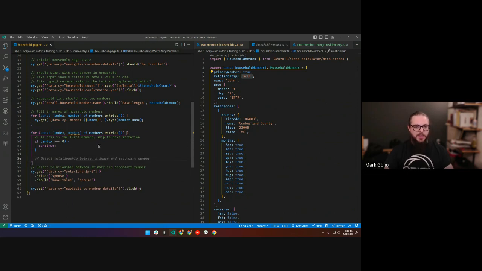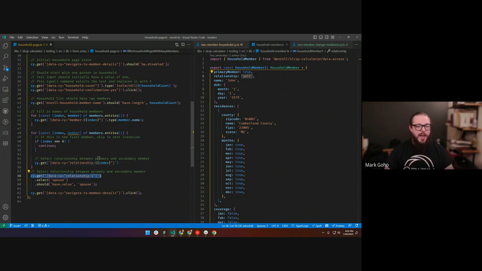Otherwise, select the relationship between the primary and the secondary member. Yes, that's exactly it. And it is correctly identifying psi.get. It's kind of saying, hey, you did this down there, and also, I see what you did up here. Let's do the same thing. So that's exactly it. And we're going to select